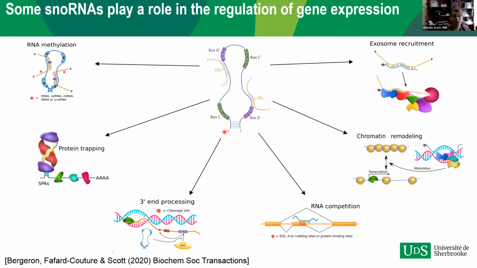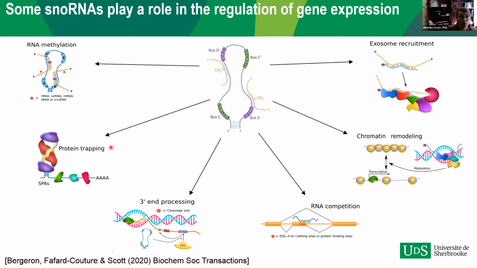So what might the remaining 2/3 of human snoRNAs be doing in cells? Well, over the past 15 years, there have been many reports of snoRNAs involved in other functions in cells, mainly in the regulation of gene expression. Some snoRNAs have been shown to guide the modification of other RNAs, like, for example, messenger RNAs. And in one case, this has been shown to regulate the translation of this messenger RNA.